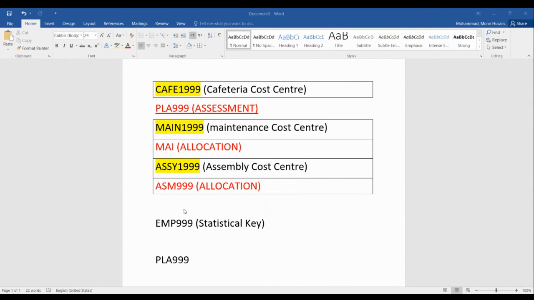Assembly cost center will receive it from cafeteria cost. So what we have just now created, right? So we have created basically secondary cost elements for all of them. This is what we have done. So we have created 3 secondary cost elements. This one, 1, 2, and 3. These are our